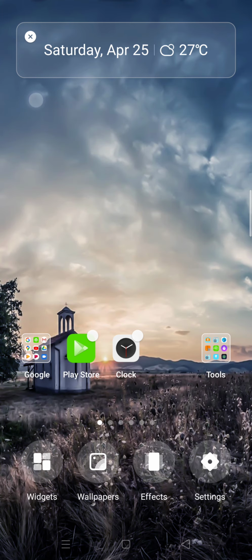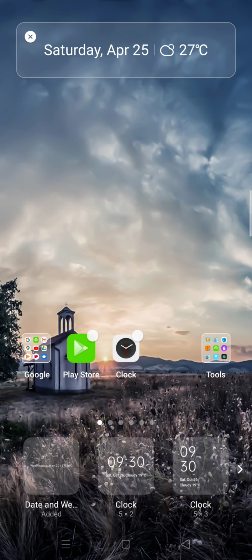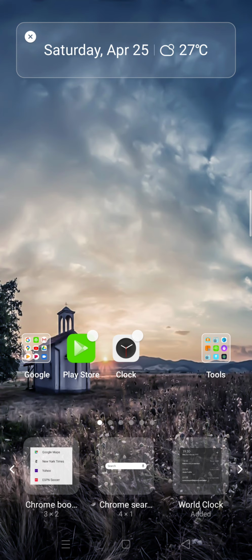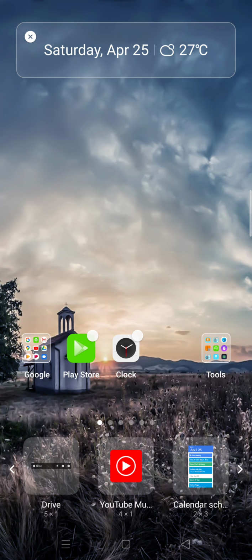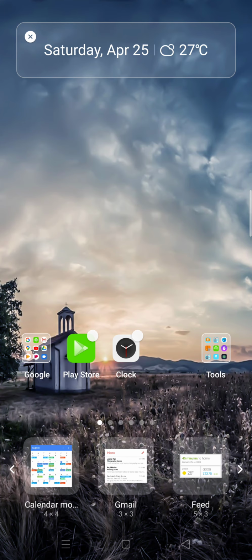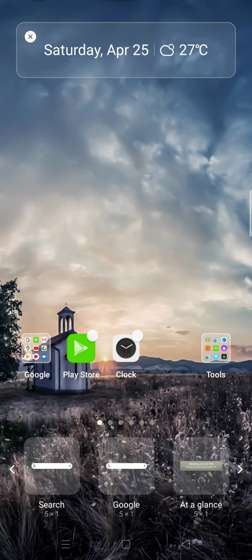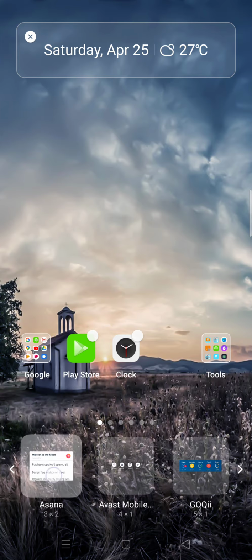I am just closing that widget. I am clicking on the widgets, scrolling through, looking for Asana. Yes, you can see it on the first one.